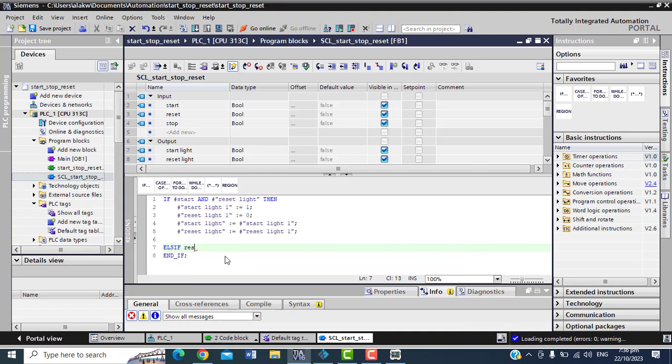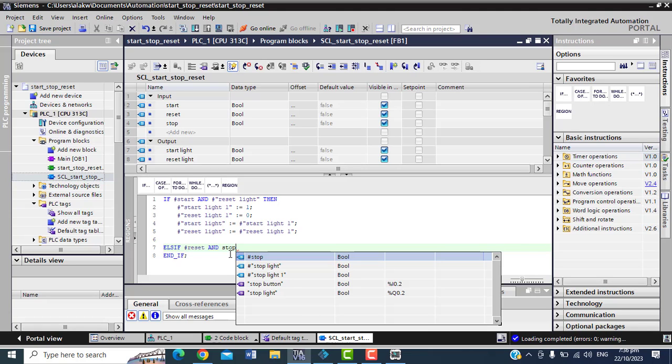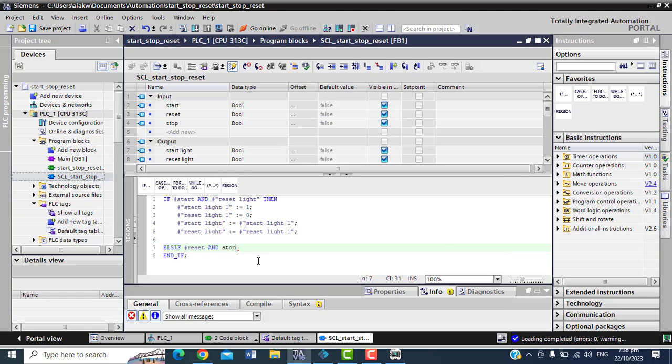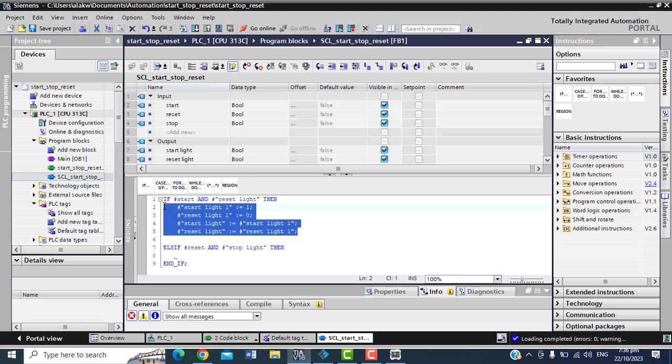Maybe your reset button, you press it, and before you press that reset button, when you want to press the reset button, maybe the red light is showing. So and stop light. And stop light. So if these two conditions are met, then I want to say what thing will happen. What thing is the thing I want to happen in that place? Now that is the then part. So then I want you to just copy this part, if it makes life easier for me.